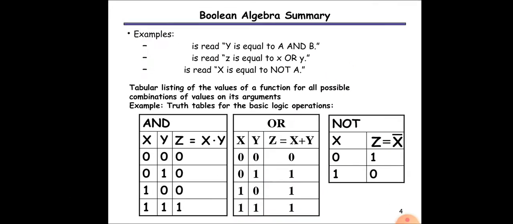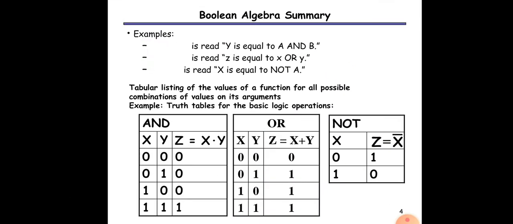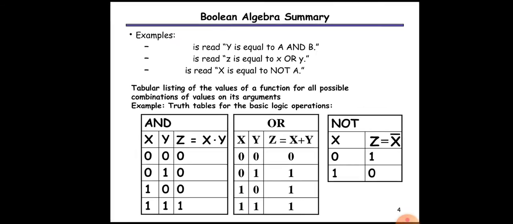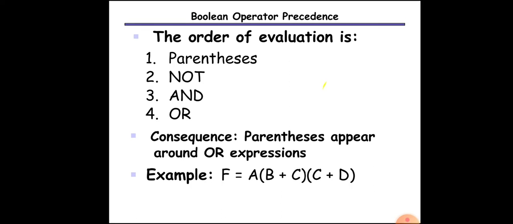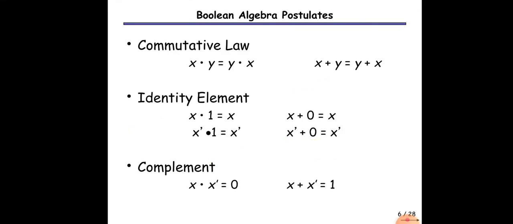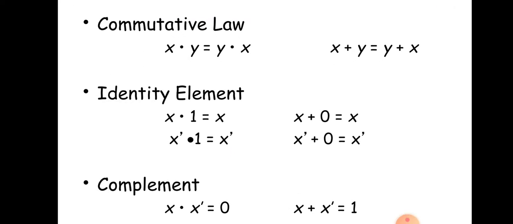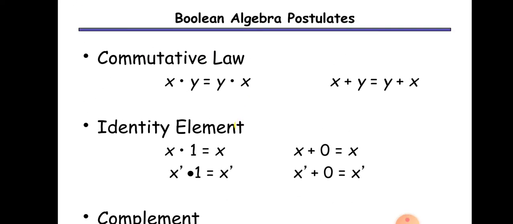Okay, so up till now we have discussed the truth tables for these basic logic operations, and then we will see how we solve expressions using the logic gates. Before that, I have to clear one more important point here. There are certain laws, certain theorems in Boolean algebra, which we have to study now. So the first law is the commutative law.